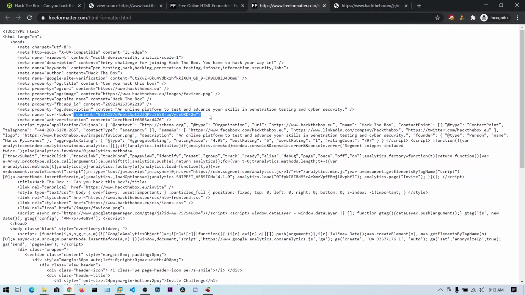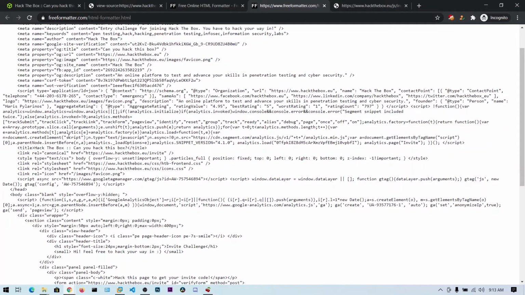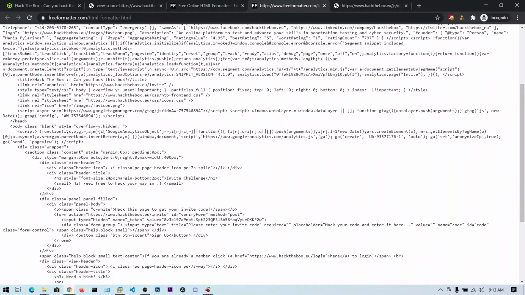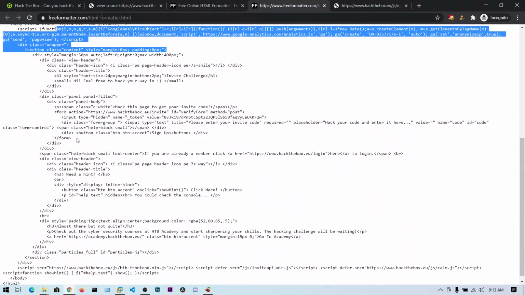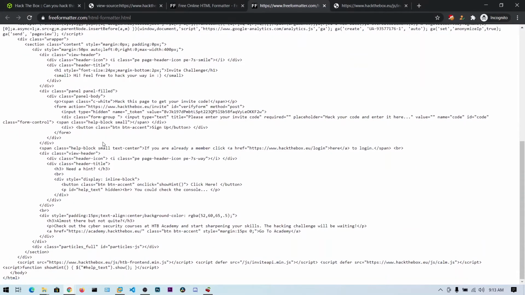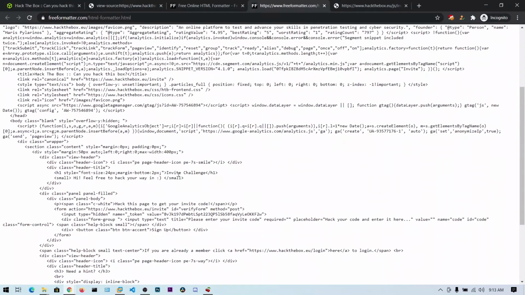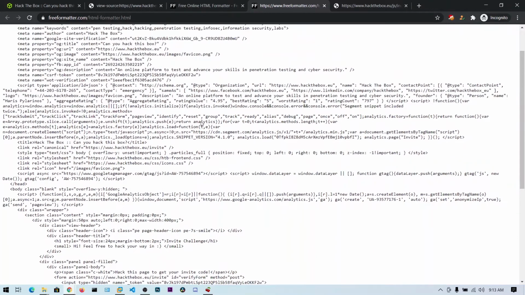Now this is the CSRF token. There is a lot of things going on. Here this is another packer, I think. One thing you can inspect is there will be a random token.